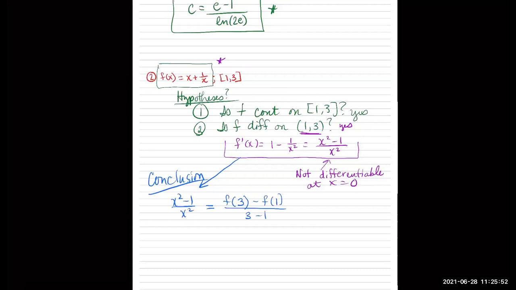All right, so once we know that we have a solution to that equation, we just need to find out what f of 3 is. So notice I'm going back to my problem. When I find f of 3, that would be 3 plus 1/3 minus f of 1. Notice if we plug in 1,